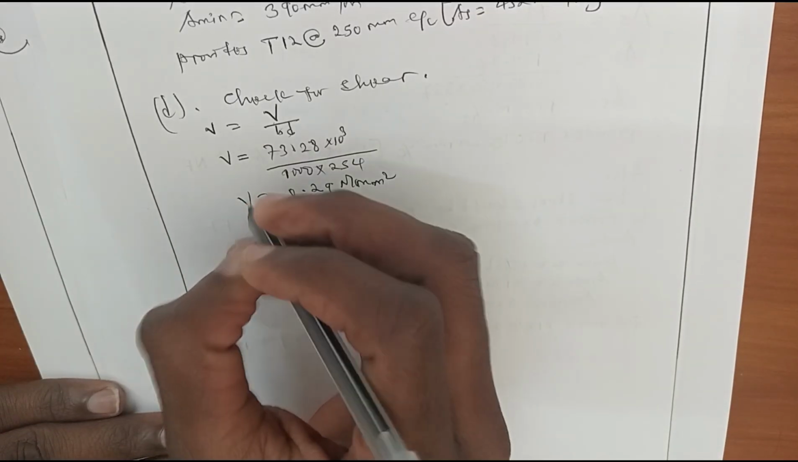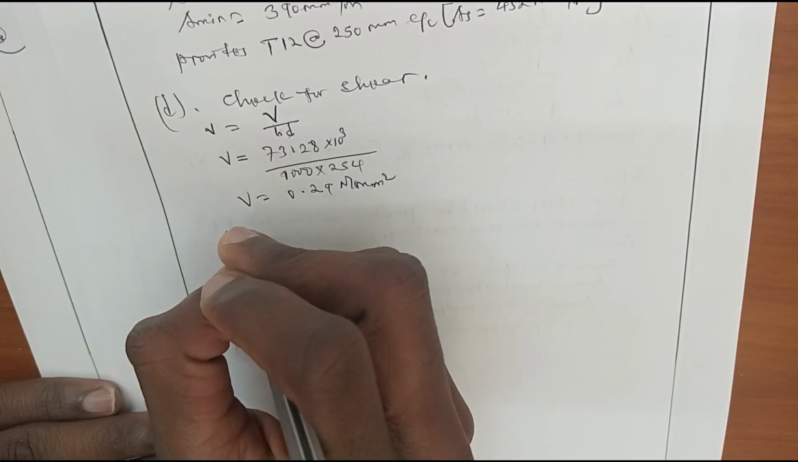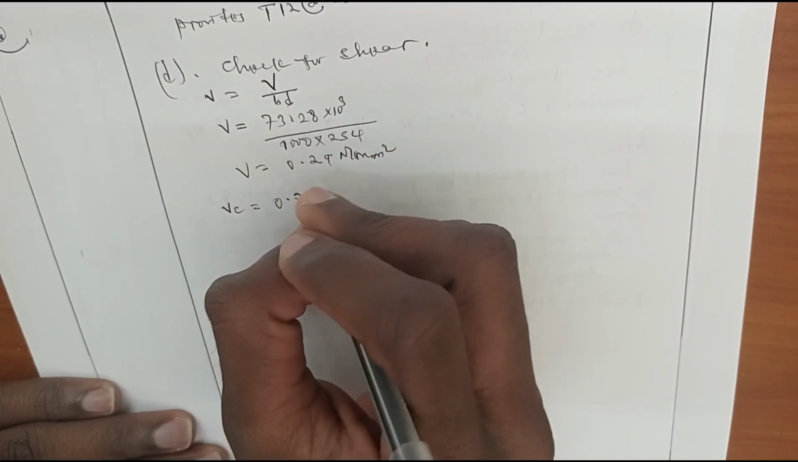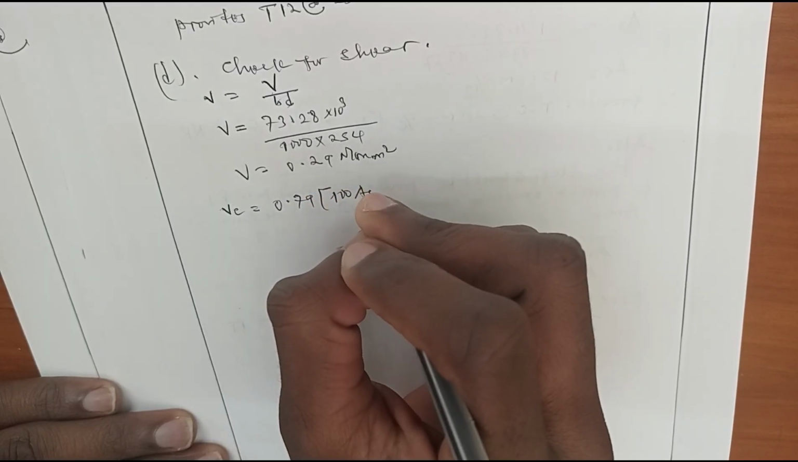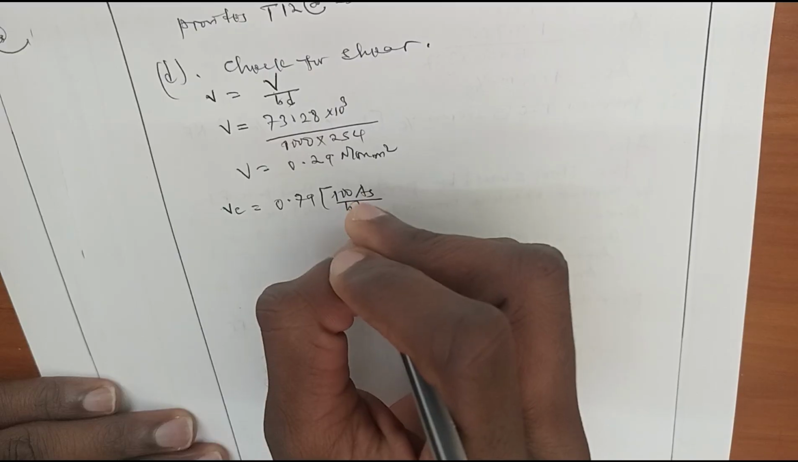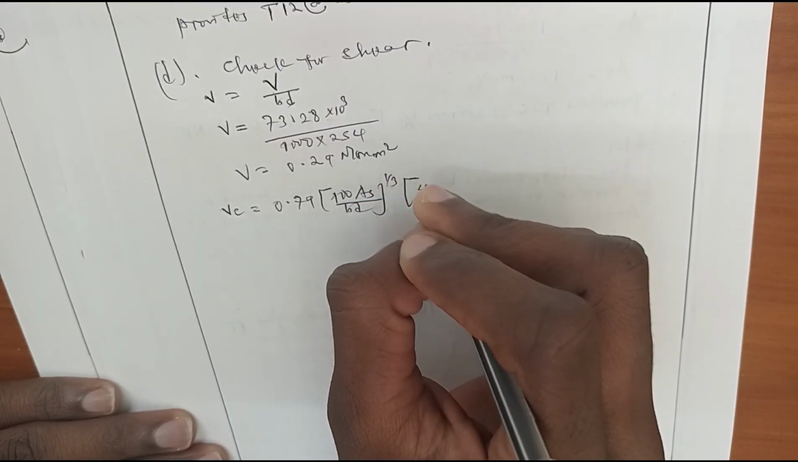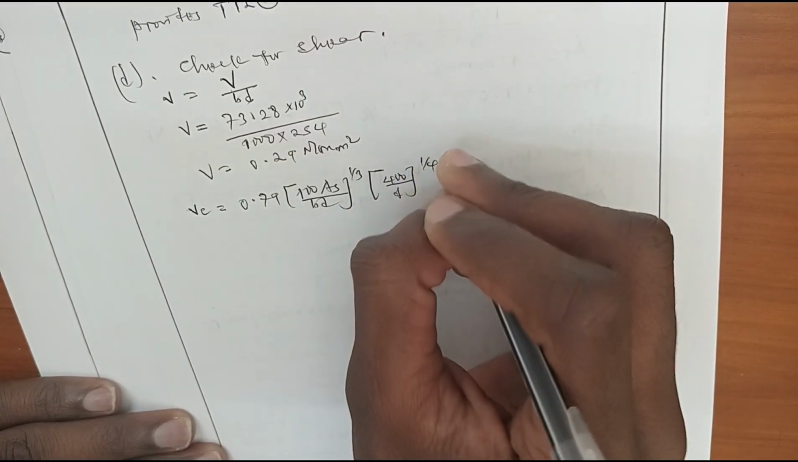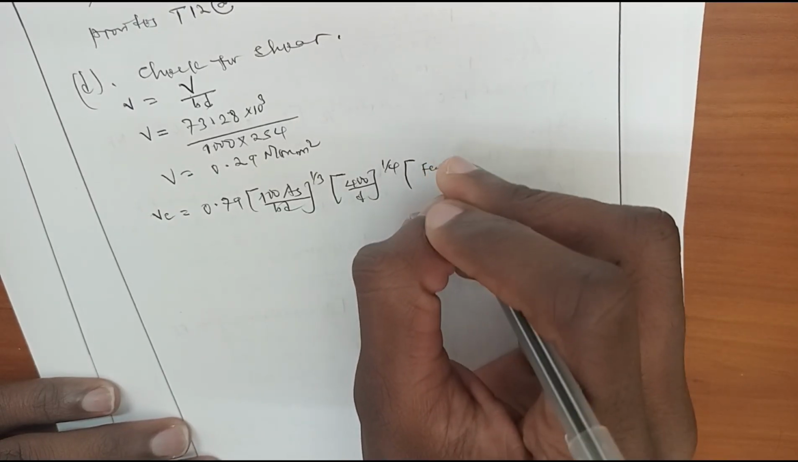Next, determine the concrete shear stress. Concrete shear stress is determined by taking 0.79 times 100 times the area of main reinforcement required over BD, to the power 1/3, times 400 over effective depth, to the power 1/4, times over